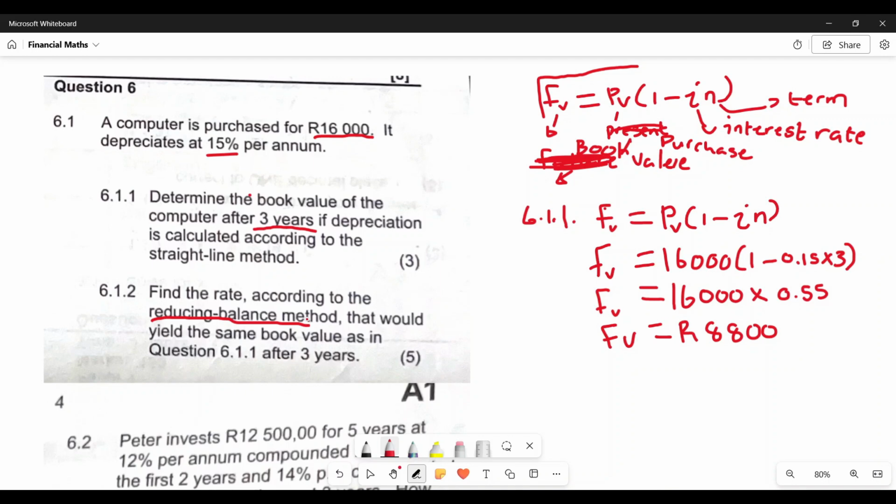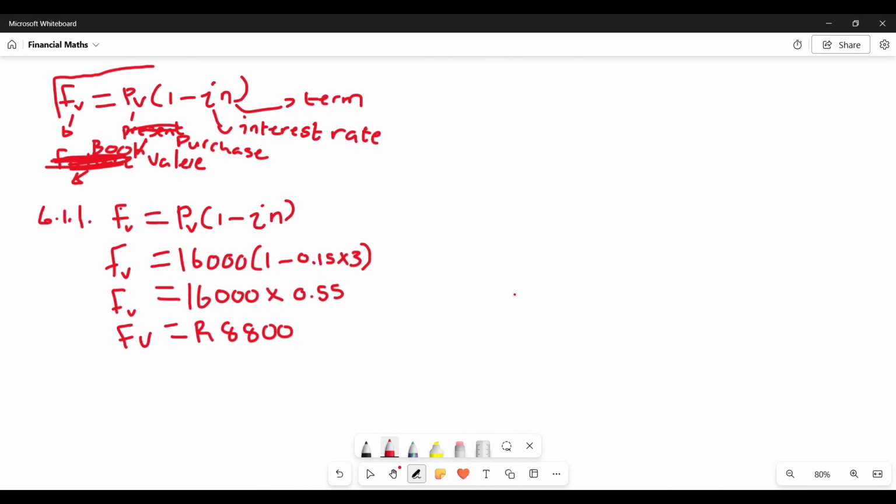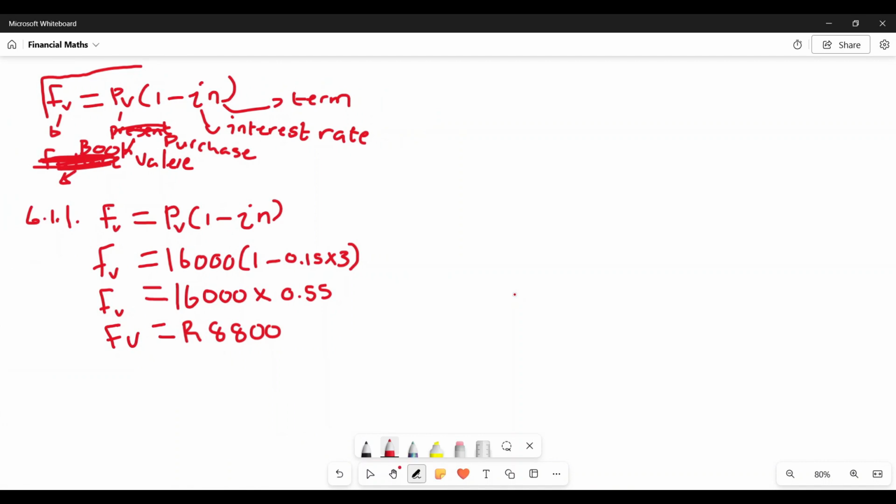So we need to understand the formula first that we are going to use here for the reducing balance method. So I'm just going to go to the left of my screen just to create space for the next question. So if I can just put a divider here. So in 6.1.2, firstly, we will use the formula for the reducing balance,